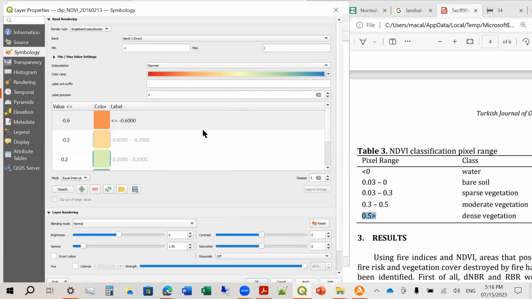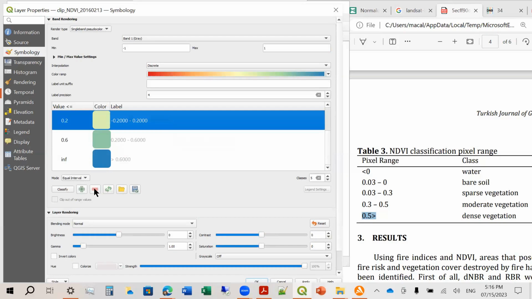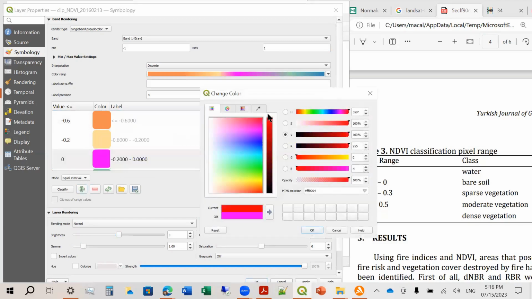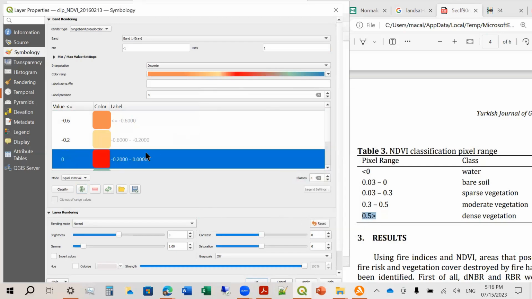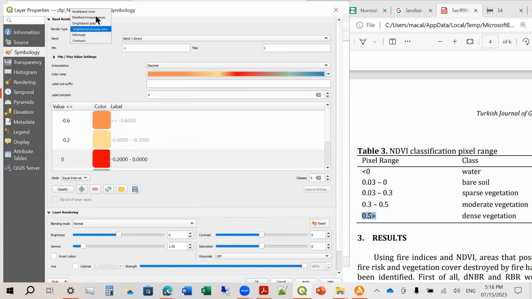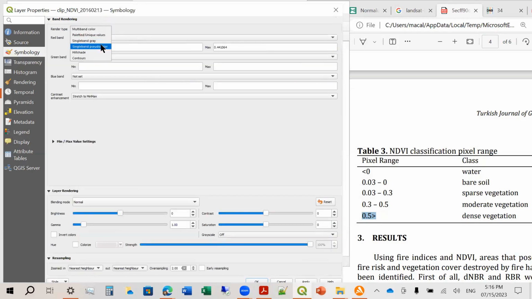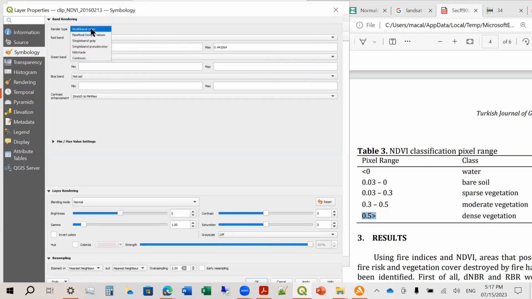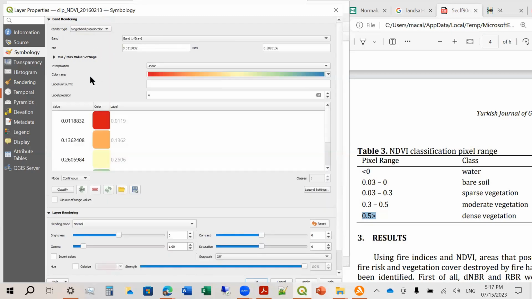Again, sorry about that. Let's remove this. And then let's add, then change color to red. Okay, let's reset now. Let's reset. Okay, so again, no, to reset, you can go to another render type and then go back to your desired render type. So single band pseudocolor. So let me do that again.